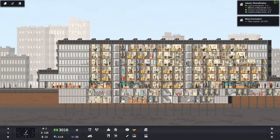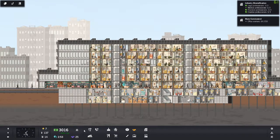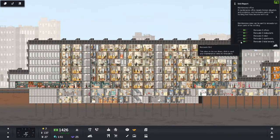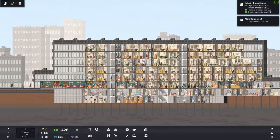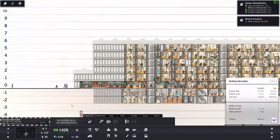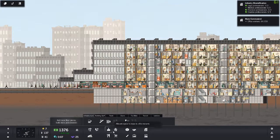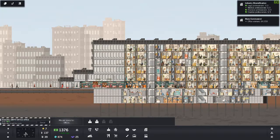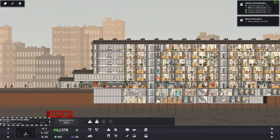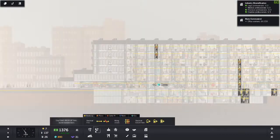I can see some dirt on the first floor, on the ground floor even, for some of the offices. They're starting to look a little bit grubby. But that's fine. We haven't unlocked the larger one yet, so 1,500, get that all done. So that maintenance chap will now go around and redecorate all of the dirty offices so that the tenants are happier with their workplaces. Now we've got space to put in more offices, so there we go, put in 4, cancel that off,